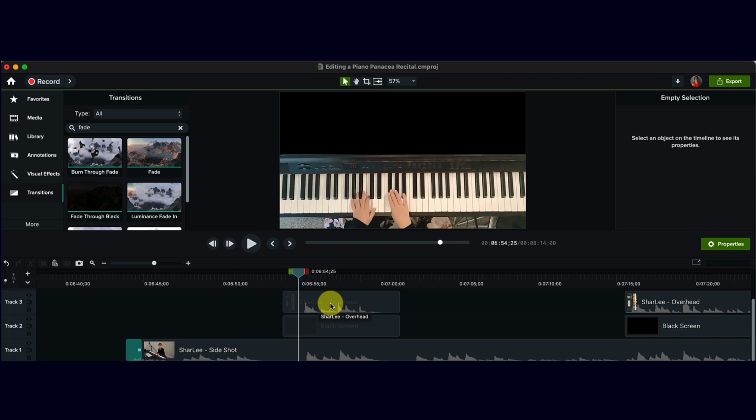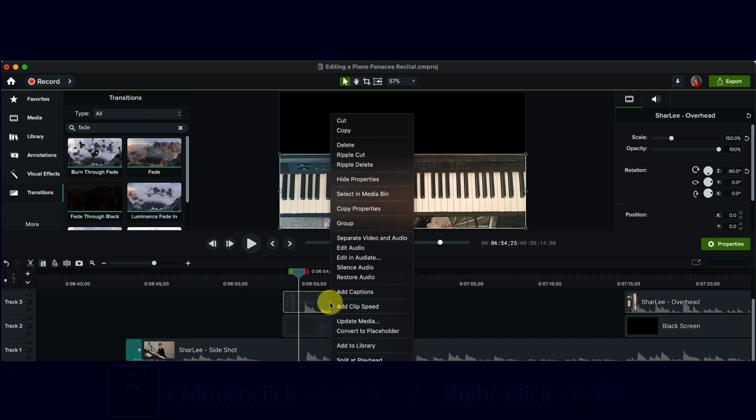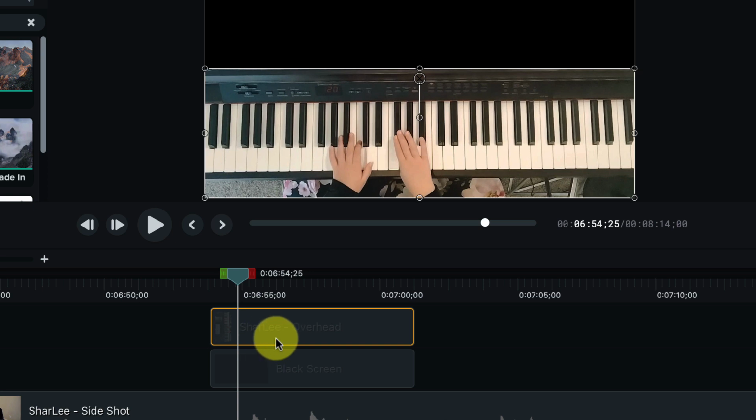Now to do that, again, there's a couple of ways. You can do a keyboard shortcut by, on a Mac at least, hitting Control and then clicking on the track. It will then give you this window, and you can see right here there's a silence audio option. We can go ahead and click that. And you'll see the sound waves go away,